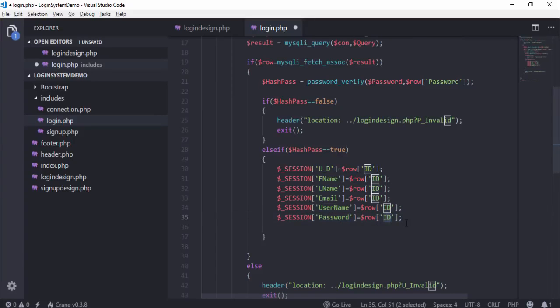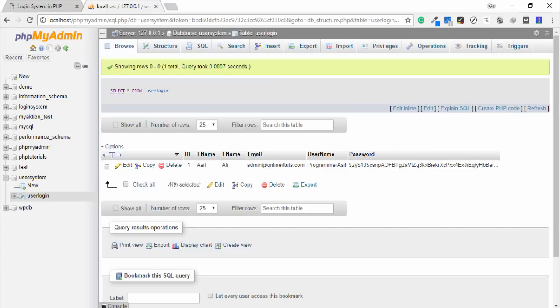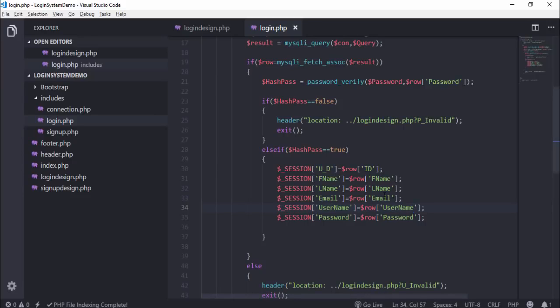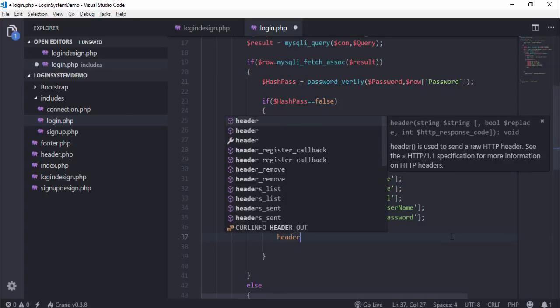And that's final. I call the database column name password. id, fname, lname, email, and username, those are database column names. I check it: id, fname, lname, email, username, password. That's great. And I want to redirect with header,